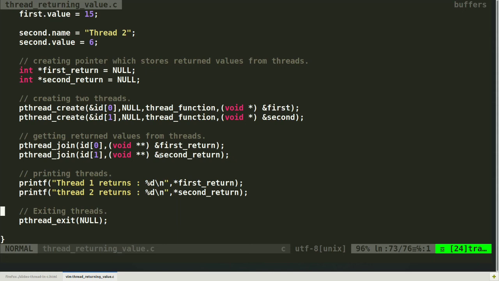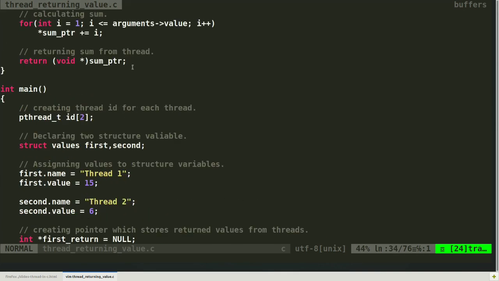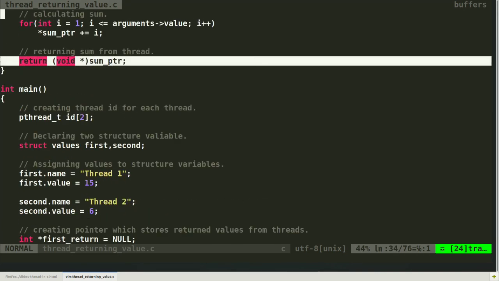In threads, whenever we give some values to a thread function and whenever we retrieve them, everything is done by reference. So we are providing the ampersand here. By this join function, the value of first return becomes our first return value, and second return has the second return value. After this joining, we are printing the first return value by star operator and the second return value by star operator. After all this, we are providing pthread exit here, not in the thread function, because we are returning there. Then how could I exit it?